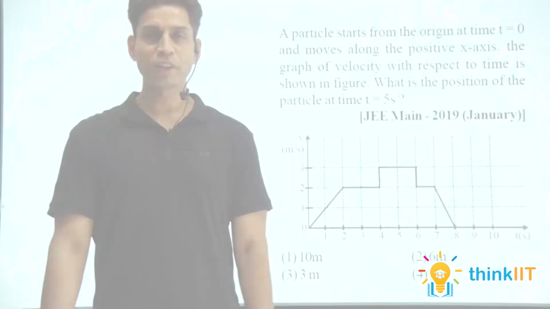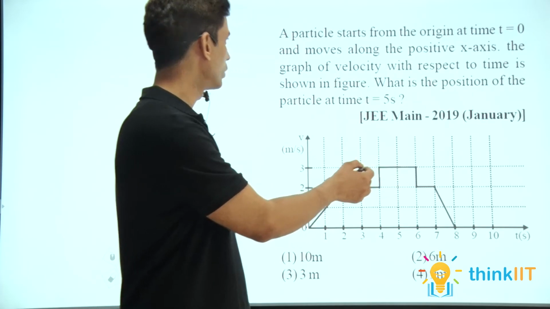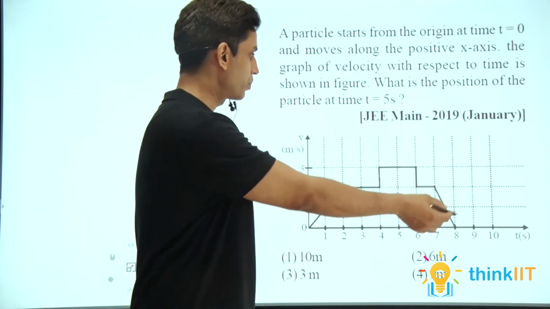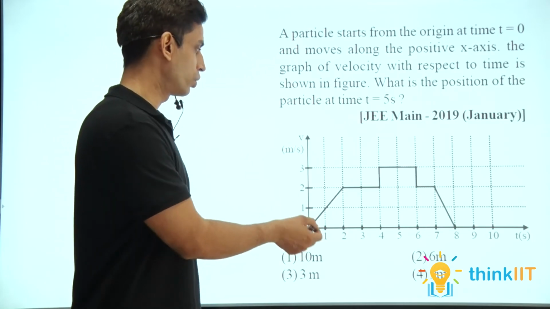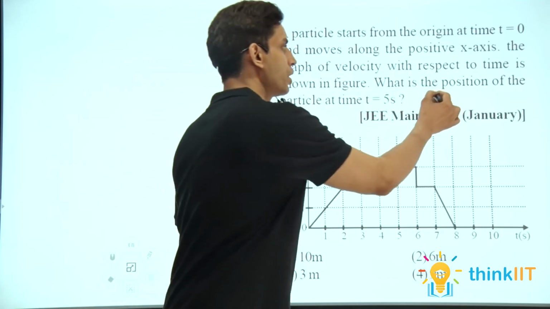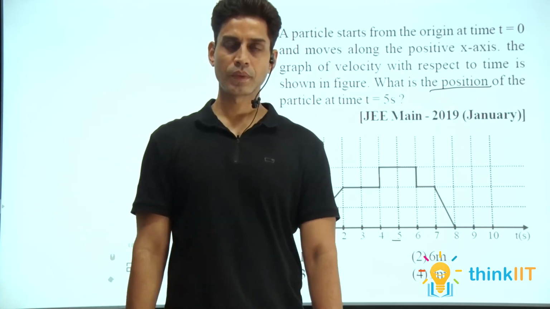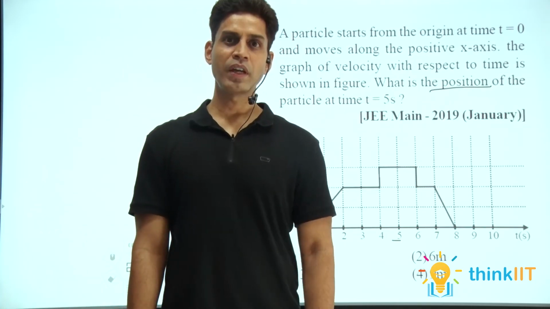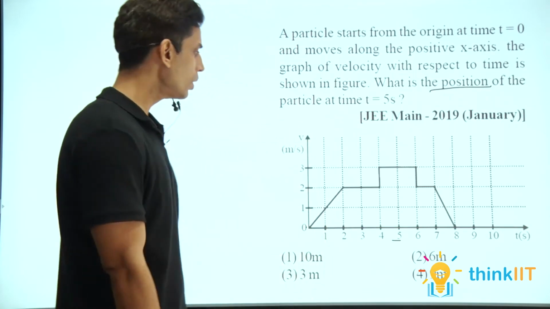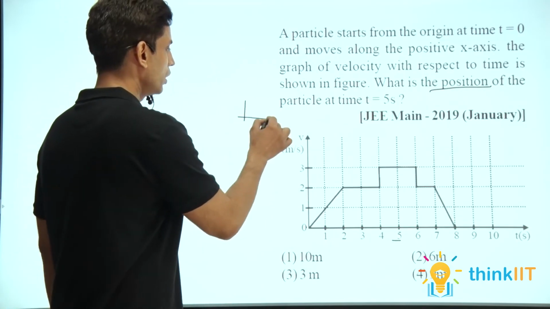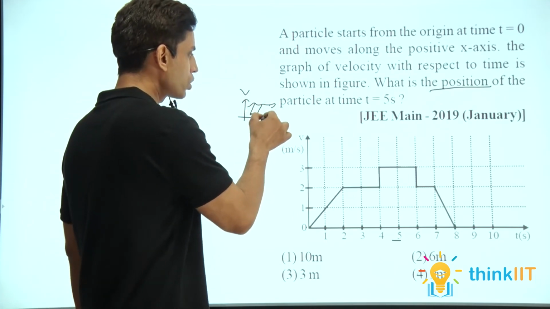Fine. Now moving to the next question. A particle starts from origin at t = 0 and moves along a positive x-axis. The graph of the velocity with respect to time is shown. This is the VT graph. Now what is the position of the particle at t = 5? We have to calculate the position. That is, if the particle starts from rest, we have to calculate how much the particle traveled in the first 5 seconds. So you know that if the graph between velocity and time is given, then the area enclosed by this graph